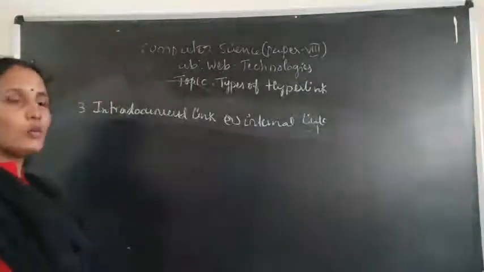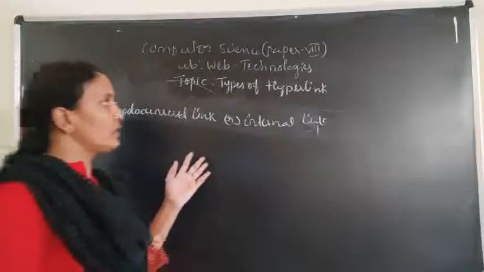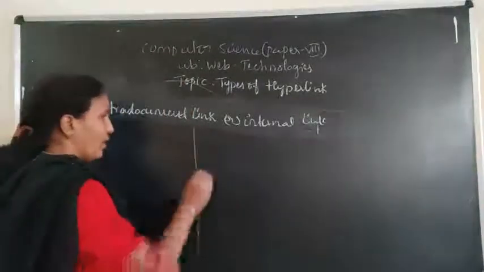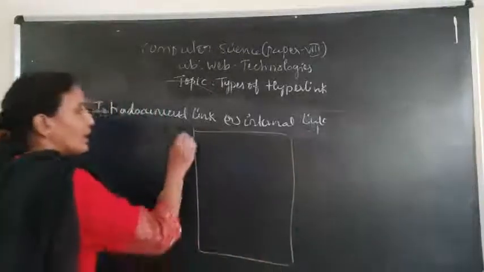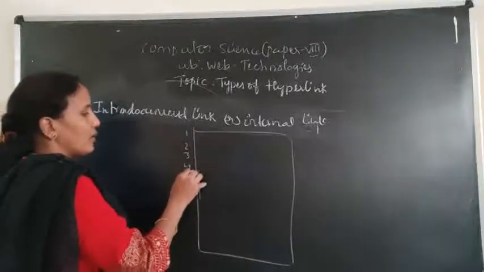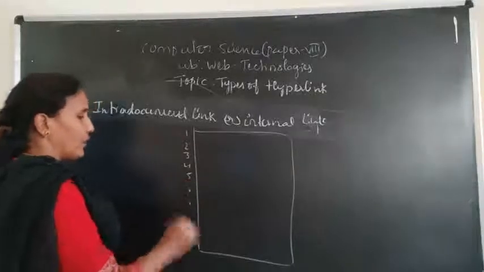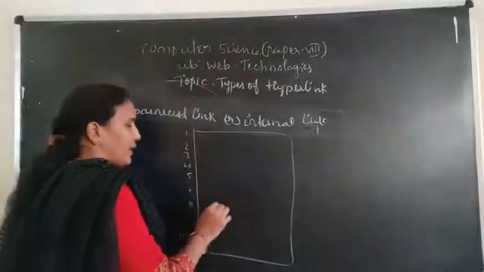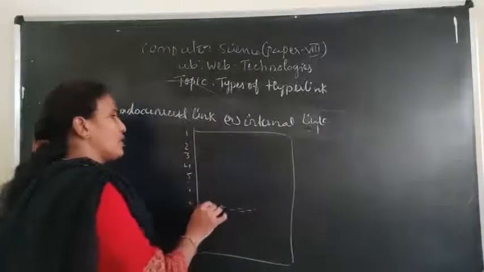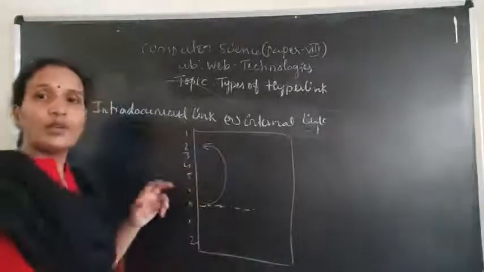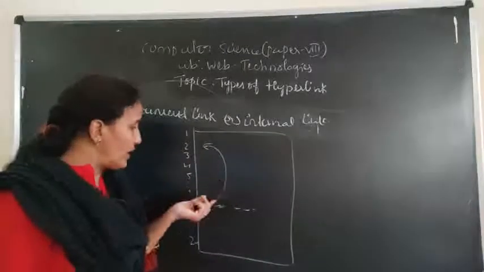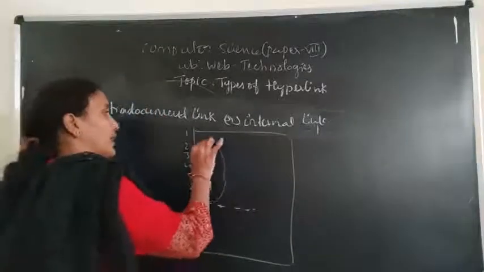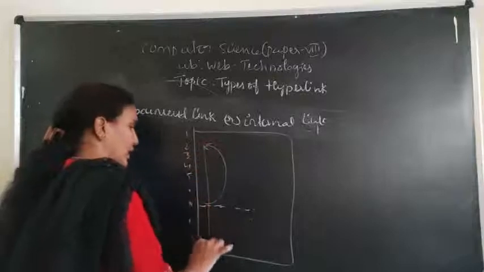Now, the third one is intra-document link or internal link. Internal link means, here I will give you a simple example. We have one web page. For example, we have some 1 to 20 paragraphs in that web page. Right now, I am in the 11th paragraph. Immediately, I want to move to the second paragraph. Then what do you have to do? You have to scroll the page from the current section to the second one. After that, again, from the second paragraph, I want to move to the 20th paragraph.